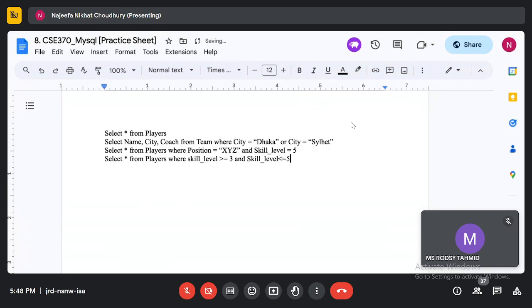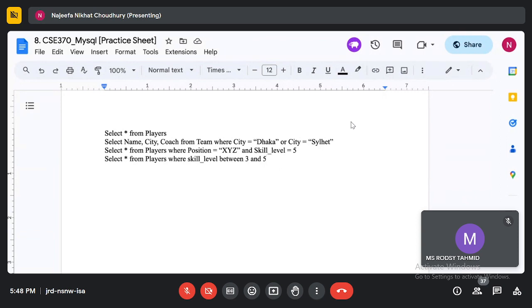So this will give me the range of 3 to 5. Or instead of this, I can say where skill level between 3 and 5. So this will also give me the range of 3 and 5. So I can do it in both ways.